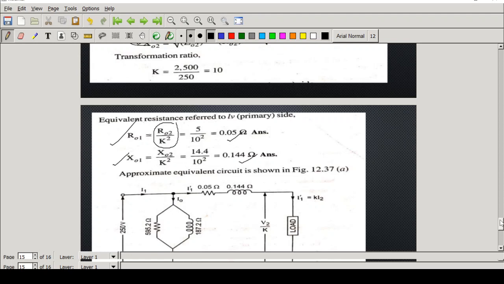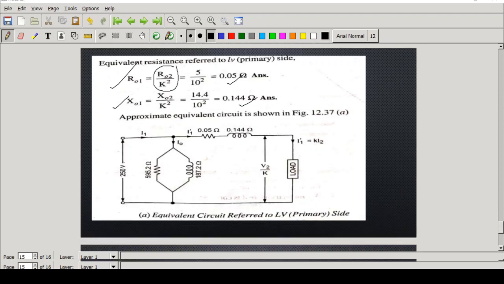Now using all this we can draw the equivalent circuit. So V1 is 250 volt, and this is R0, X0. There is no change in that because the no load test we have done in the primary, which is the low voltage side. These values will change because now we have referred them to the primary side. And here you write V2 by K. So the only change is in the parameters of the high voltage side, which we got using the short circuit test.